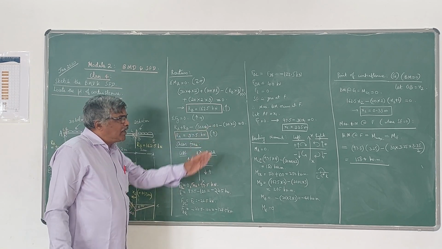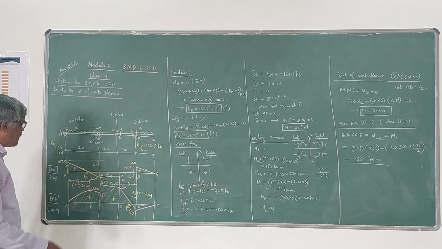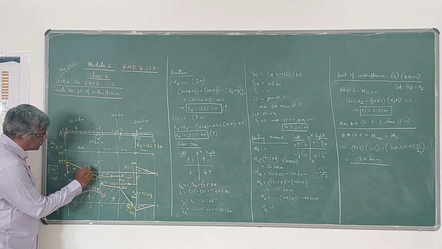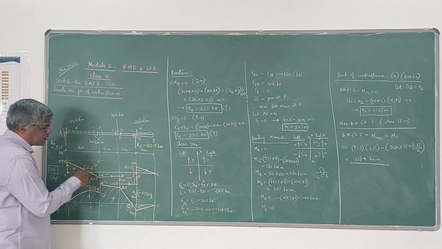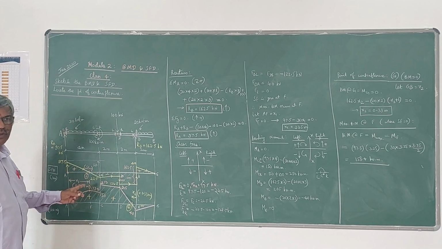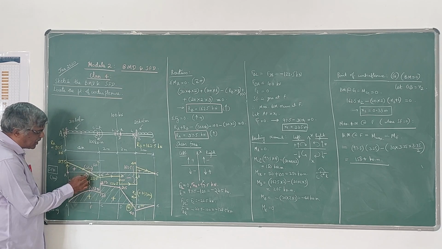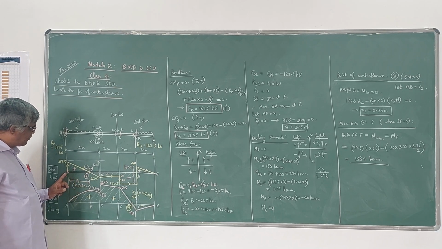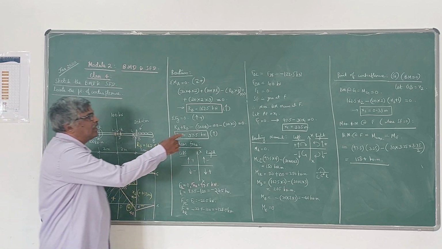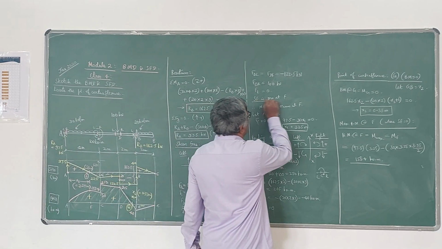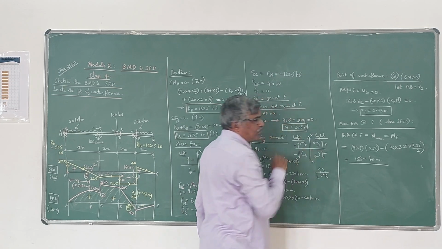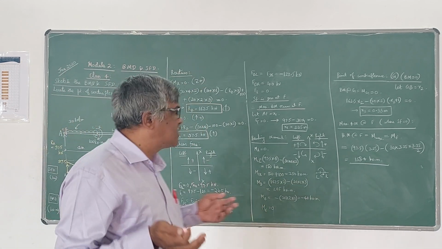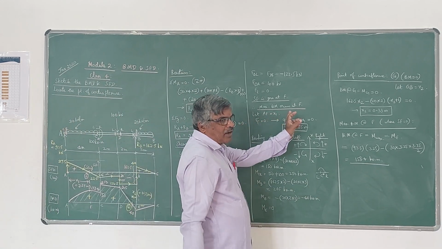Now, the bending moment diagram. If you observe this shear force diagram, at some point shear force is 0. You see here at point F, it crosses this horizontal line. That means it is neither negative nor positive, so its shear force value is 0 at F. Now we have to find the distance of this point F from one of the ends. From the principle we know that at the point where shear force is 0, bending moment is maximum. So that value also we have to find out.